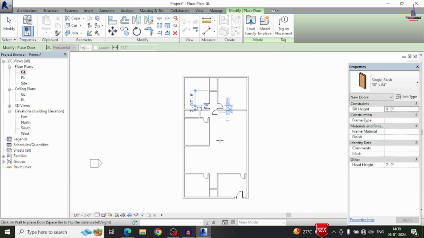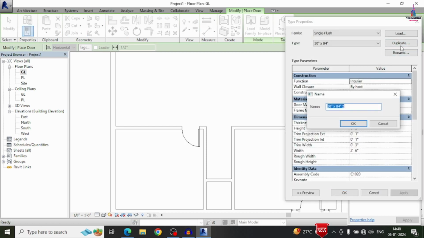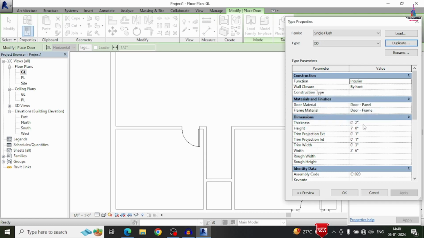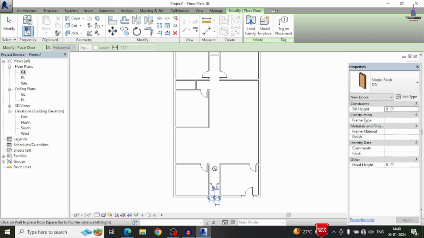Okay. Now we can see here we have drawn the door sections, but here we have to draw one more door section which has smaller dimensions compared with the main door sections. Okay. So for that, I am editing here. Click on duplicate, DD option. Let us consider. So here we have to select the width of the door as well as the height of the door. Width of the door I am taking here as 2 feet 0 inches and height of the door I am considering as 6 feet. Click on OK option. Okay. So now we can see this is the duplicate door. So I am selecting the DD option. Okay. So I am drawing here like this, which has smaller dimensions compared with the main door sections.